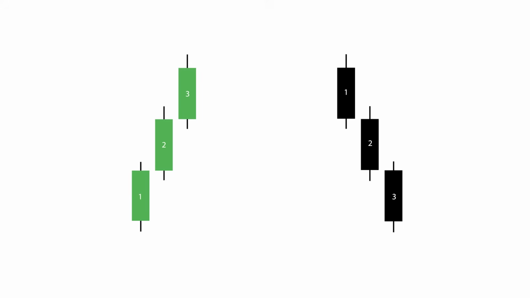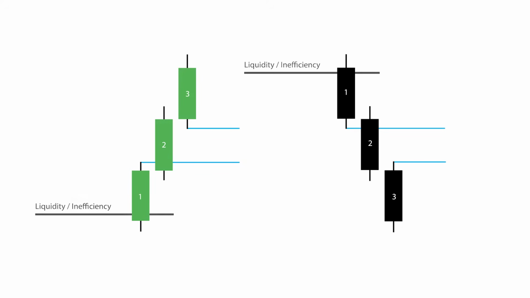The last in the category of volume tools is the fair value gap. It is also a price action element formed by 3 candles where the maximum of the first candle does not cover the minimum of the third candle for a bullish scenario, and the minimum of the first candle does not cover the maximum of the third candle for a bearish scenario. The fair value gap does not always form after a liquidity raid or rebalancing of a fair value gap, but this is a good indicator of its strength. As for fractal highs and fractal lows, I believe everyone is familiar with them, so there's no need to explain something.